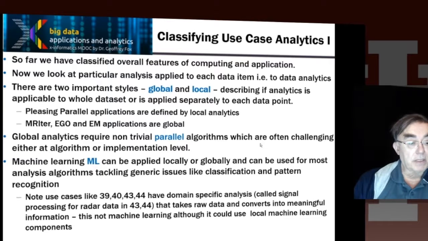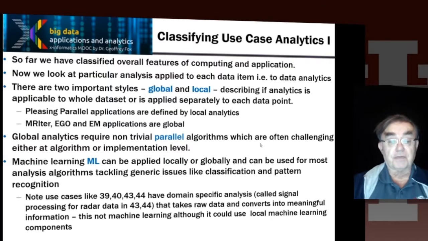Now, if I look at these use cases, particle physics or the radar analyses 43 and 44, they have domain-specific analysis, which is called signal processing for radar data. It uses things like fast Fourier transforms, classic algorithms. You would not normally call that machine learning. Although more and more, some of these analyses are using local machine learning components, like in astronomy. By local, I mean you apply it to each point,